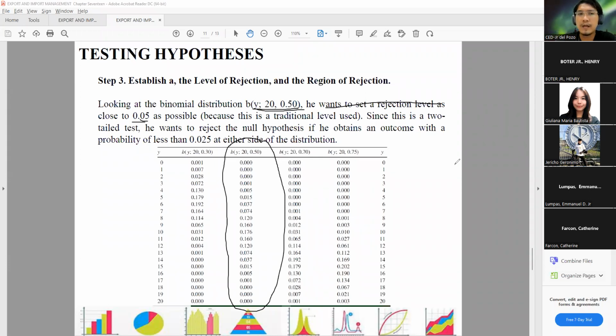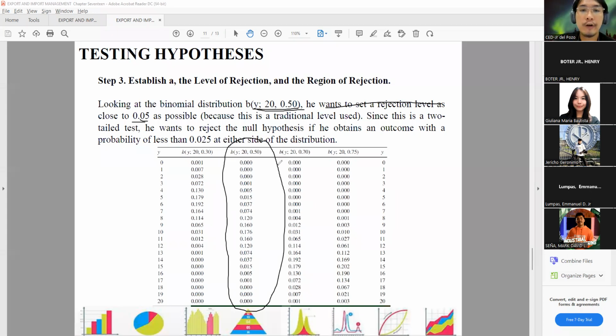Ibig sabihin, meron tayong significance level na 5%. So, ano yung magiging rejection level natin? I-reject natin siya kapag siya ay not within